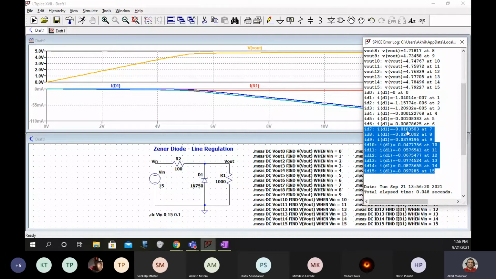That means it is changing from around 18 milliamperes to 97 milliamperes. From this output you can say that at the breakdown condition the voltage across the zener is constant, but the current that flows through the zener can be different. So this device in a way helps us for line regulation.